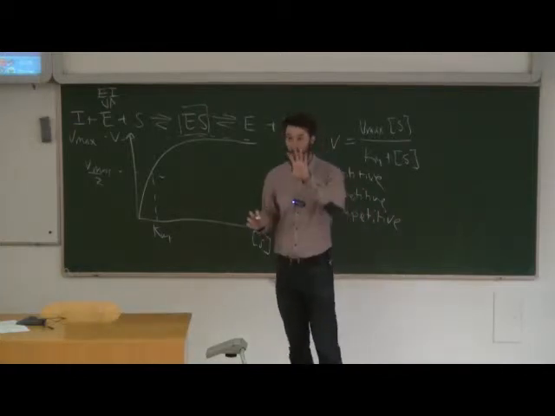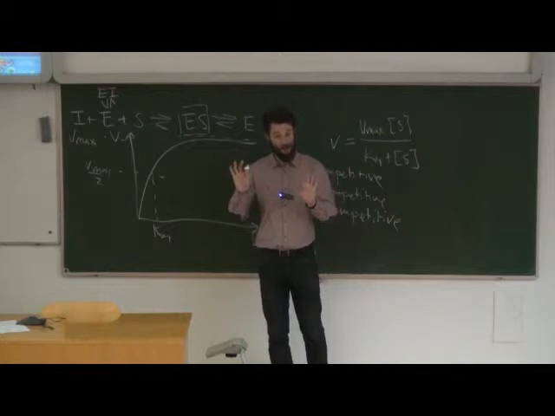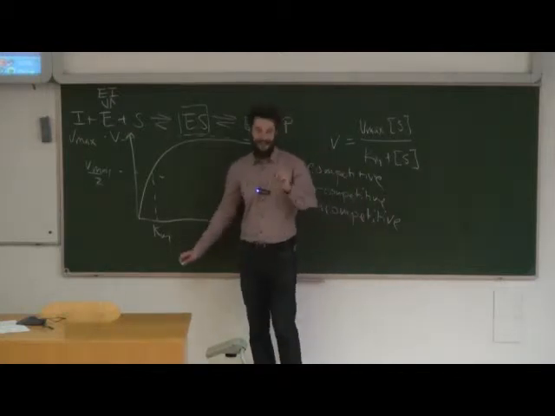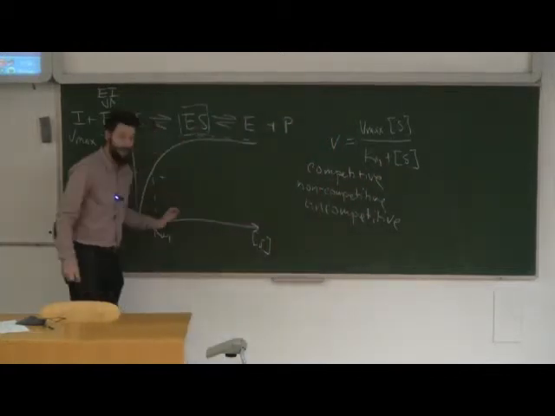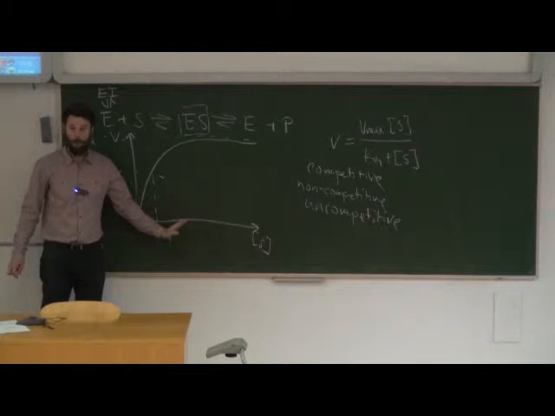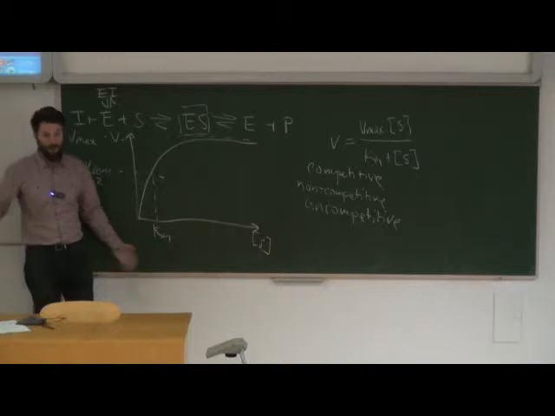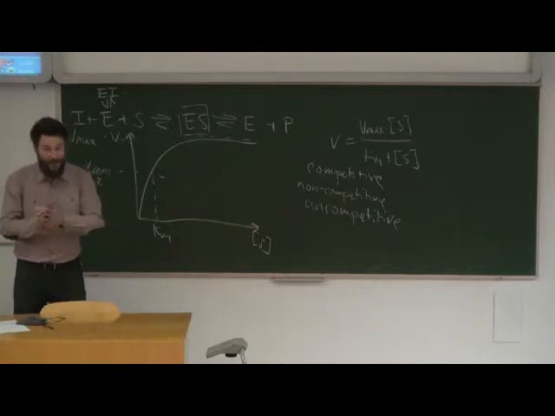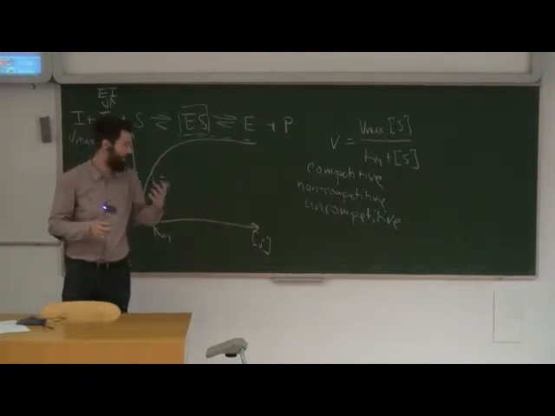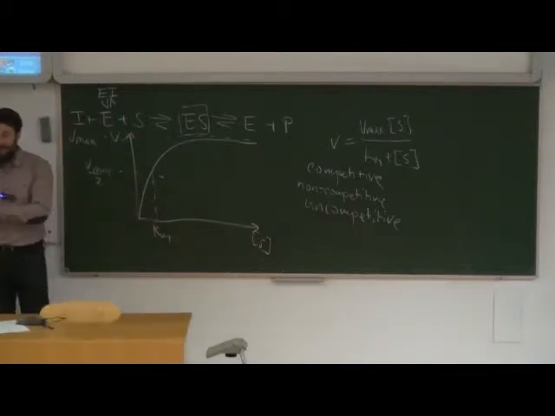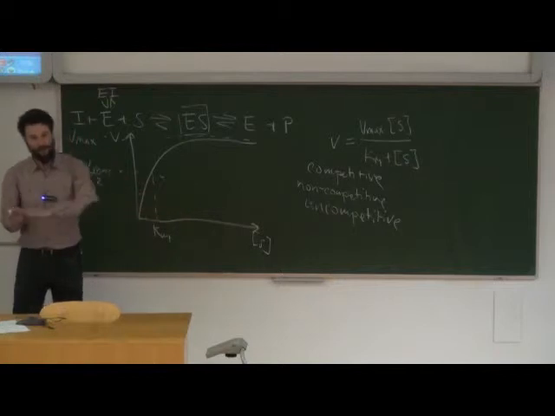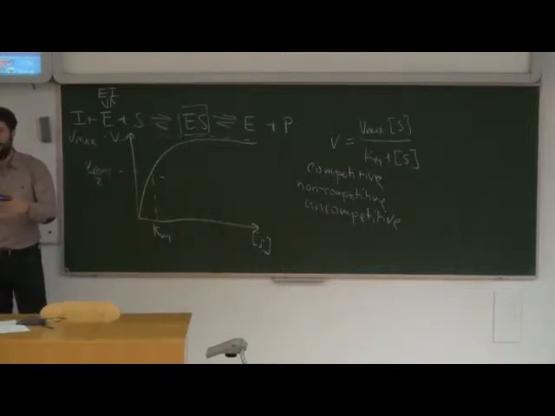Okay, so there was a suggestion from the back. I'm not saying that it's true, but it is, that in the competitive type of inhibition, Km is going to go up, which means that the affinity of the enzyme is going to go down. Okay, because they're inversely correlated. They work inversely. If Km goes up, I'll explain in a minute why. Well, I wasn't planning on, but I can explain why that is so. But Km is basically if it's going up, affinity is going down. There's less affinity of the enzyme to bind it.